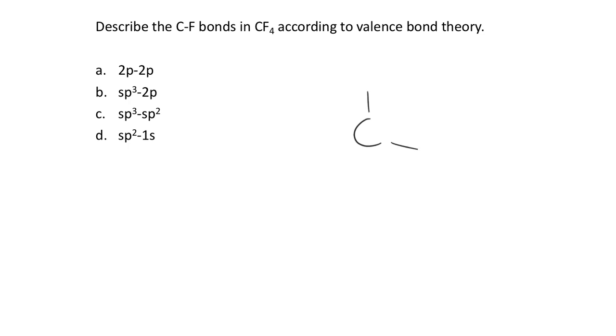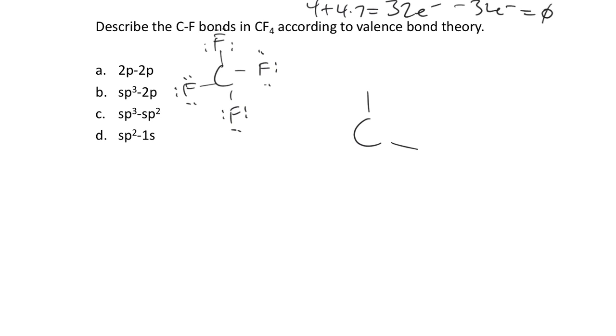If we were sketching CF4 as a Lewis structure, we'd have 4 fluorines, all of them with lone pairs. No lone pairs on carbon. We'd have 4 plus 4 times 7 valence electrons for 32. We have 8 electrons around each fluorine, so no electrons left over for lone pairs. Just to make sure we see how we get a Lewis structure where we have 4 bonding domains, no non-bonding domains for carbon. So we're fitting into tetrahedral molecular geometry, tetrahedral electron domain geometry,